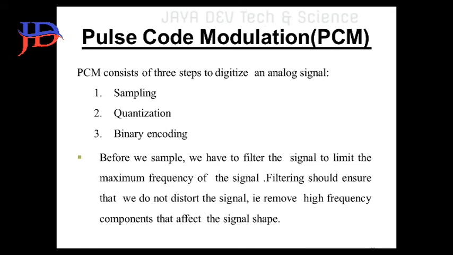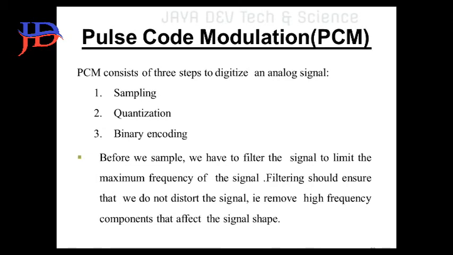So why do we go for that? The first reason is to filter the signal to limit its maximum frequency. Whatever signal frequency we give at the input, that same frequency we should receive at the output. In case the maximum frequency overlaps, then whenever we send the input signal we get a distorted output signal. For such signals we use the filter. The unwanted signals are removed, and then you get the output signal as the original signal you sent. That is the purpose of using the filter.